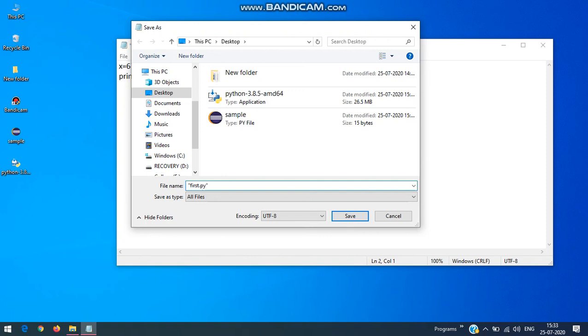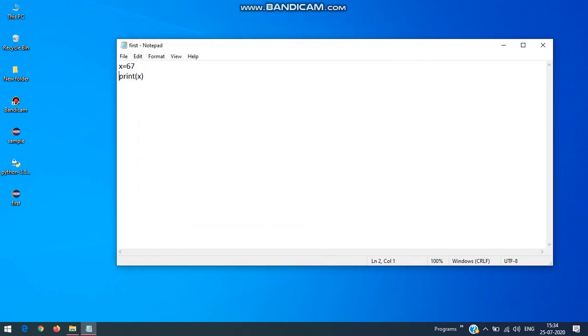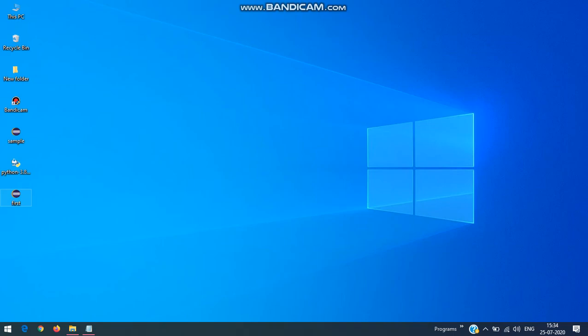So close this double quotation. Whenever you give a file name with a dot extension within double quotation, the file will be stored with the given extension rather than the save as type. So here click on save. Now this file will be saved as first.py.